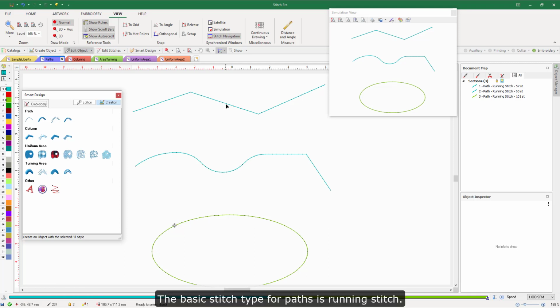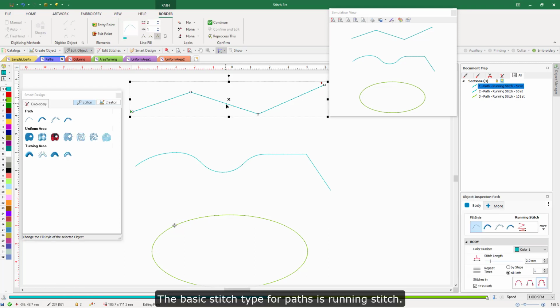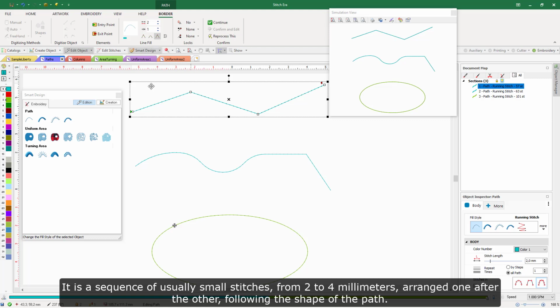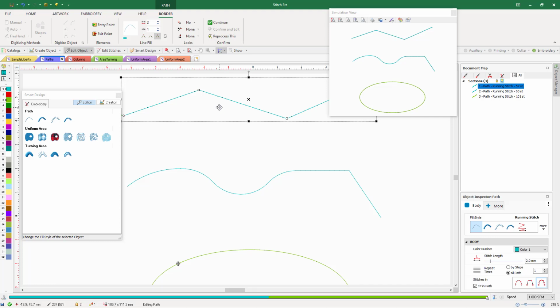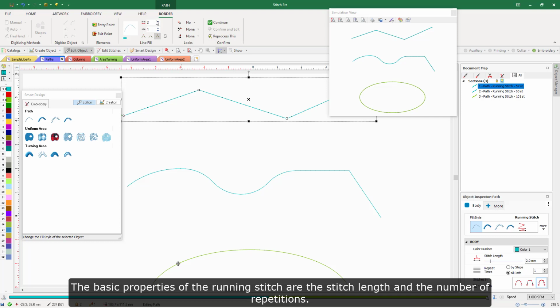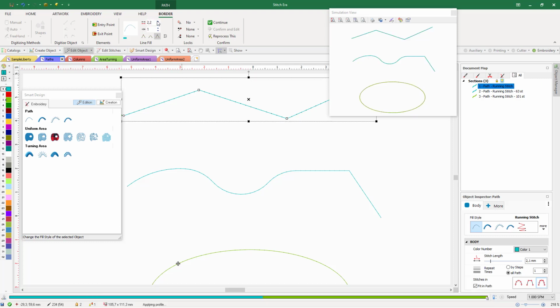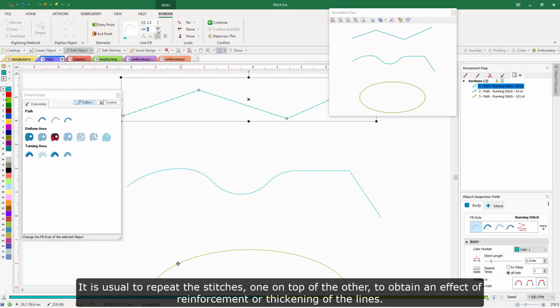The basic stitch type for paths is running stitch. It is a sequence of usually small stitches, from 2 to 4 mm, arranged one after the other, following the shape of the path. The basic properties of the running stitch are the stitch length and the number of repetitions. It is usual to repeat the stitches, one on top of the other, to obtain an effect of reinforcement or